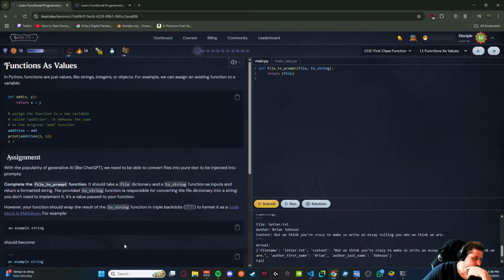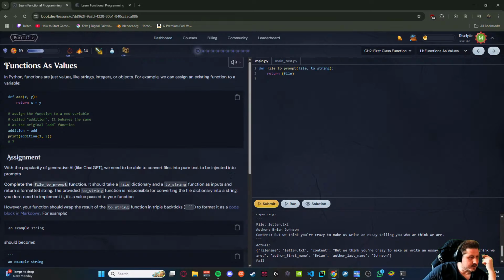Take a file dictionary and a toString function as inputs. Return the formatted string. The provided toString function is responsible for converting the file dictionary into a string. You don't need to implement it.